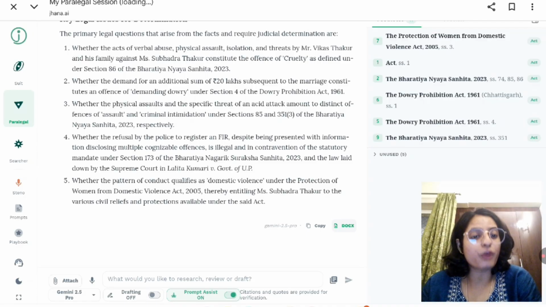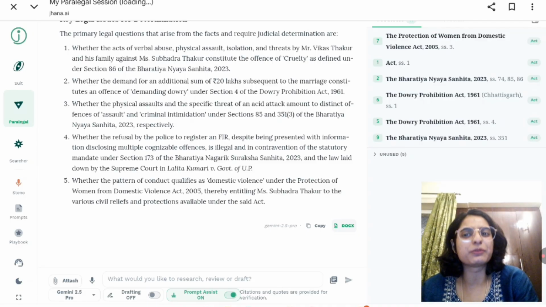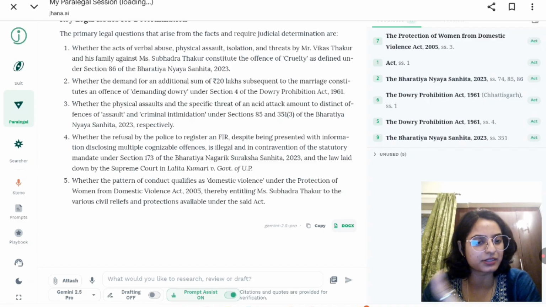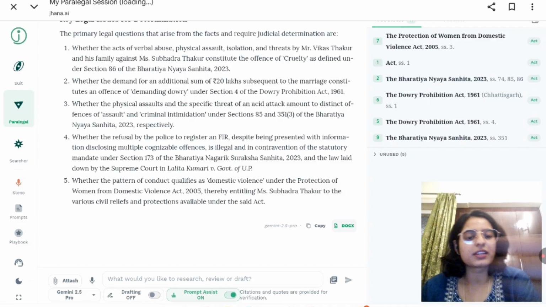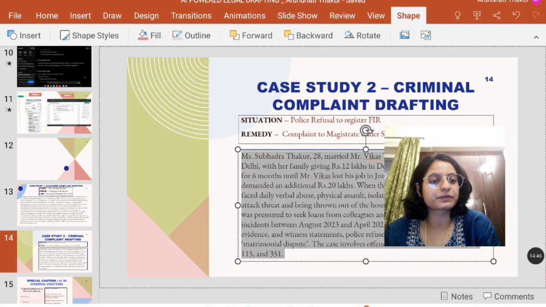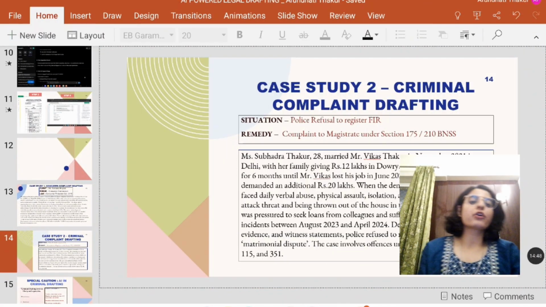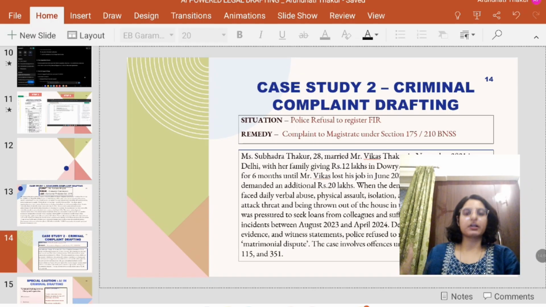So now we'll move forward, and we will not upload the sample draft here, because you have to upload it yourself. We will just see how the prompt works for the criminal drafting. Okay, now we'll go to that, and we'll start with it. So now if we talk about the prompt for the drafting of the